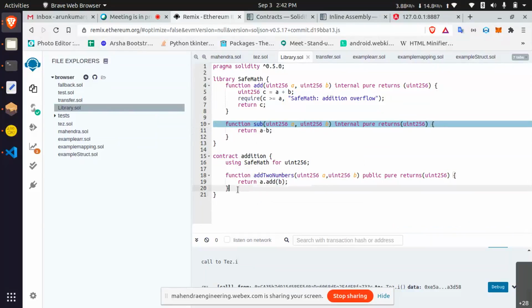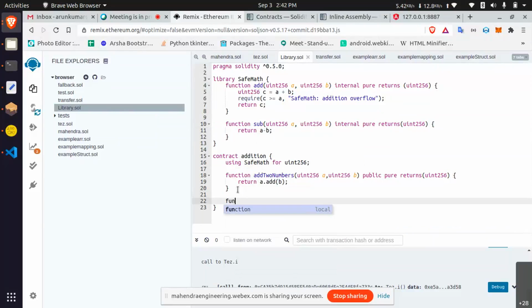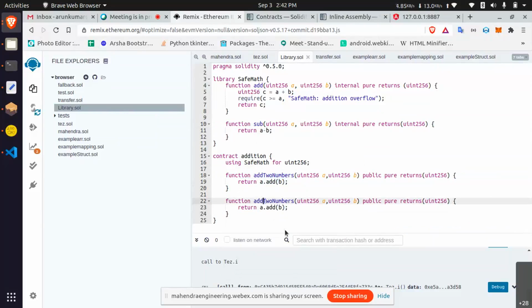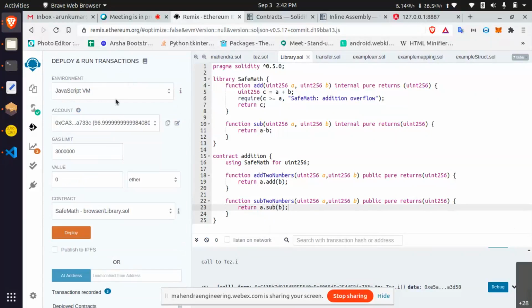Once you write it, you can use that function. While executing this, we will play with JavaScript again.